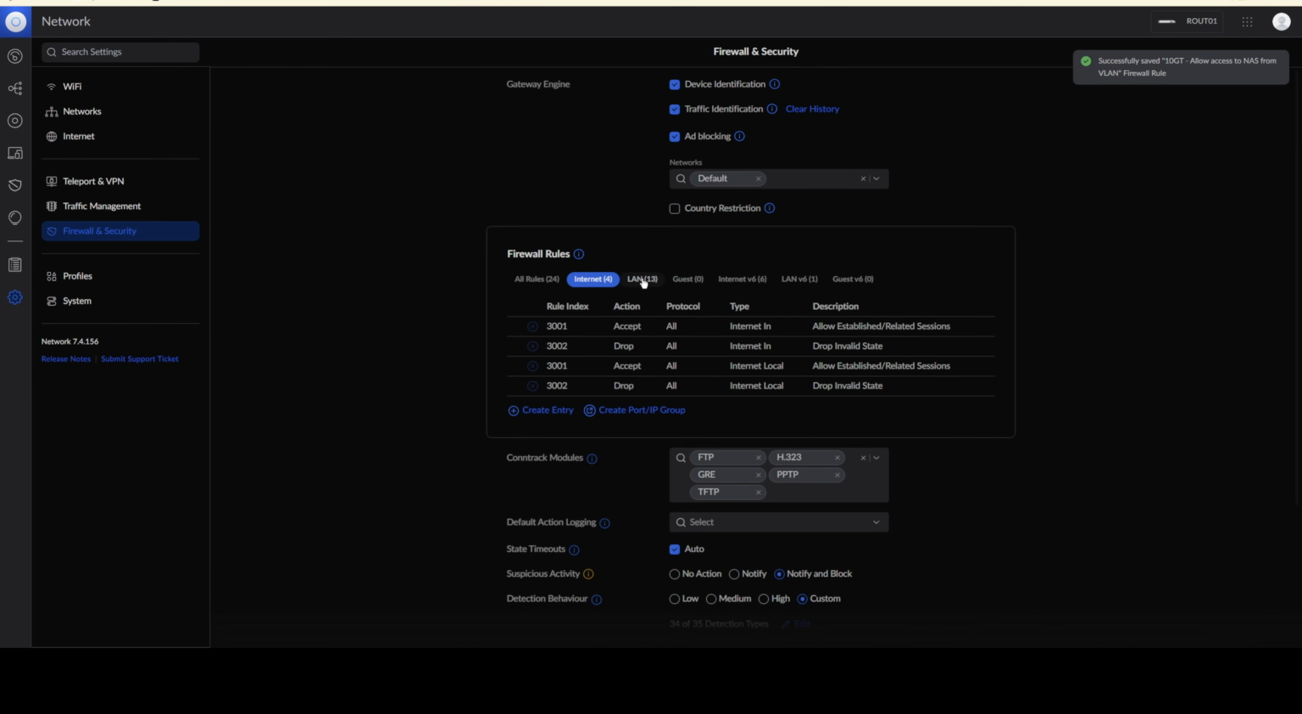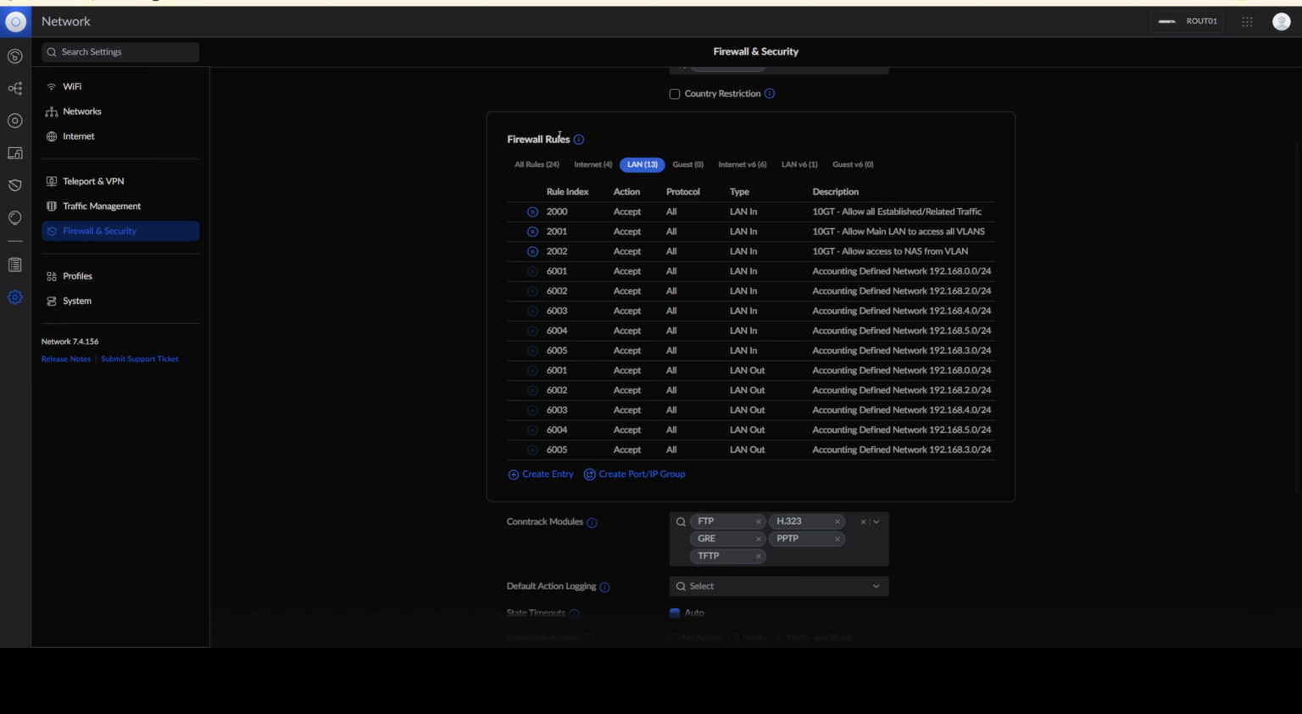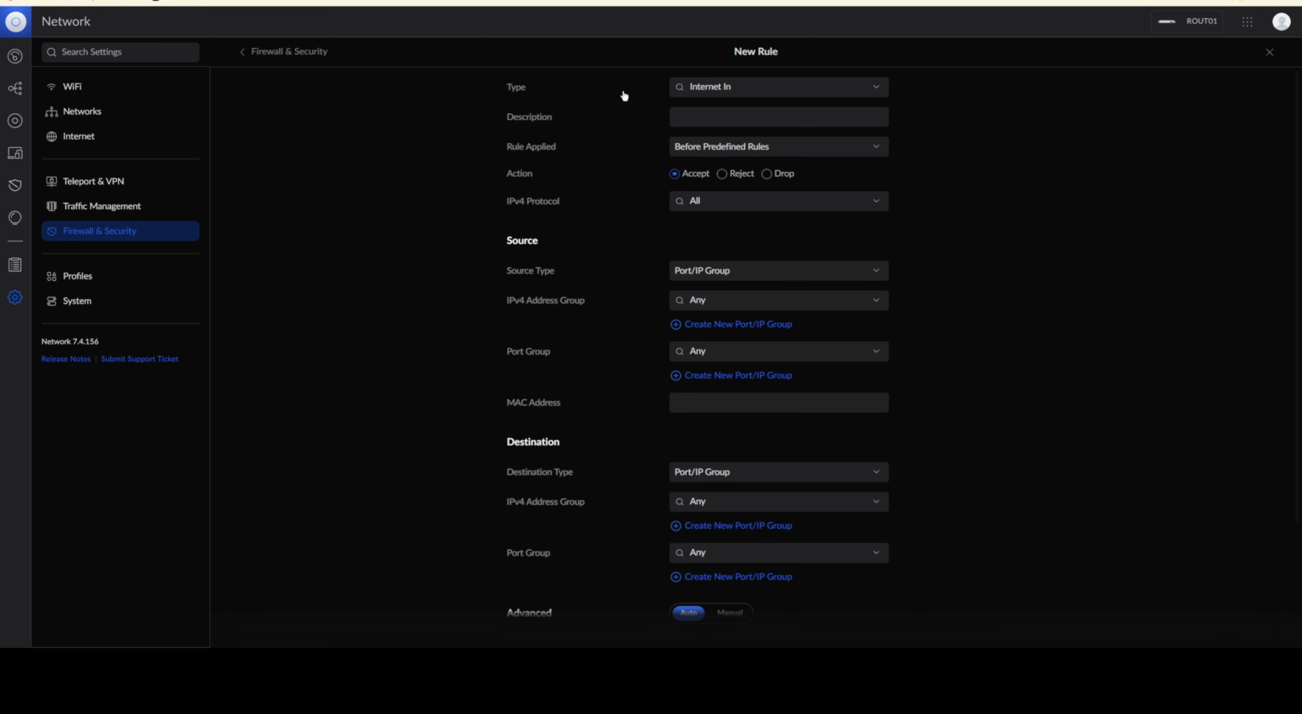Then for the list of firewall rules, if we select LAN again, you should see that there's now 3 firewall rules created. So now the fourth and final firewall rule we need to create. So within the list of firewall rules you need to select create entry again, and then for the type it needs to be selected as LAN in, and then under the description you need to enter again your initials hyphen block all inter VLAN